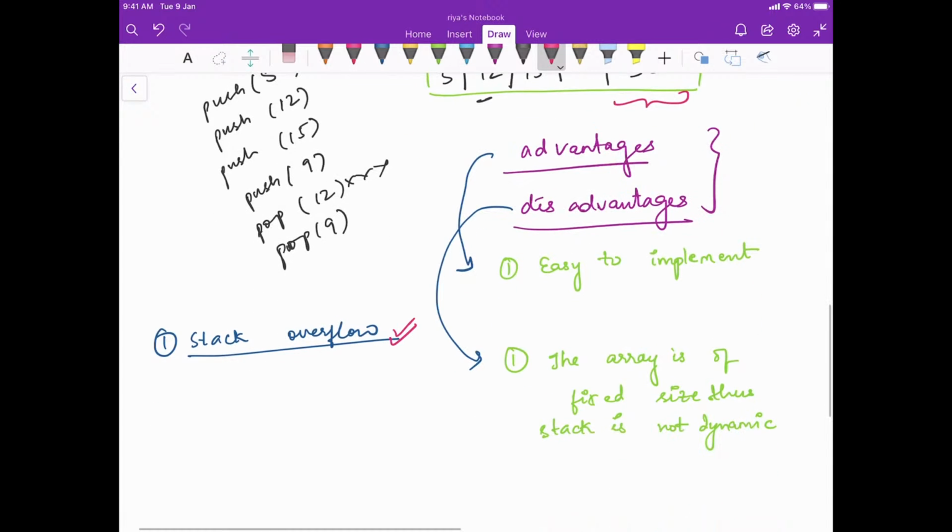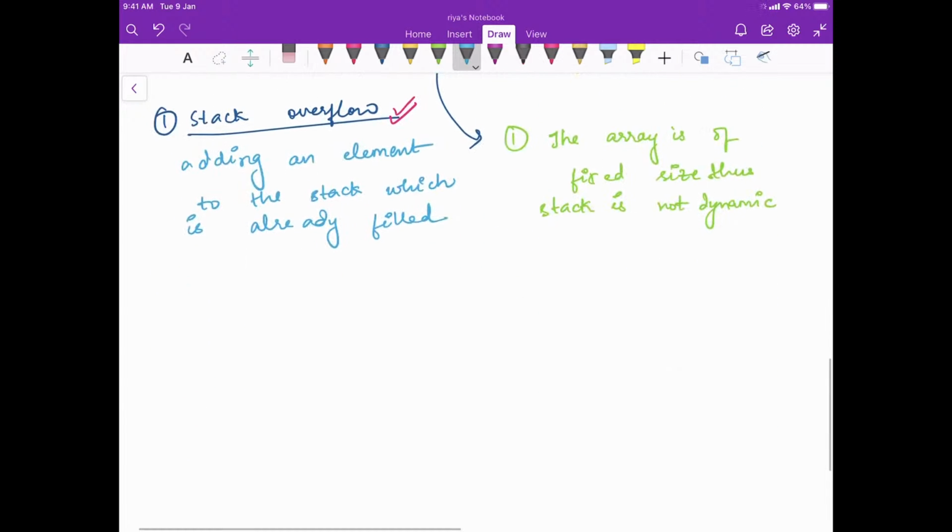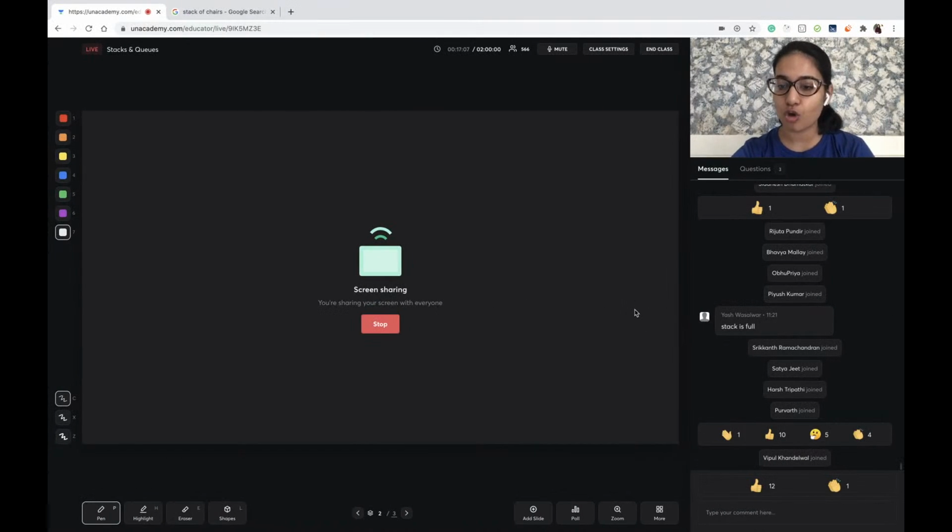That basically means that I am adding an element to a stack which is already filled. And the second condition is the stack underflow condition. These are two very important terms and you should remember these while solving questions.